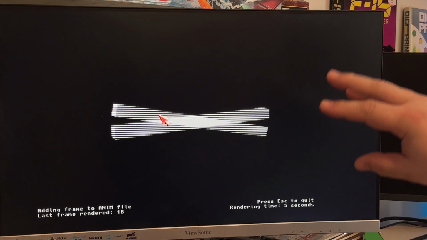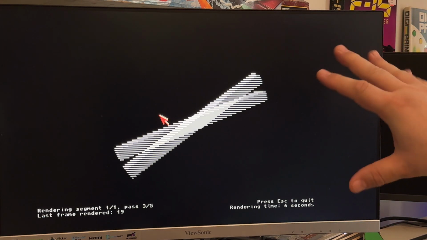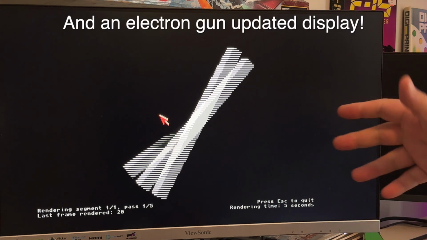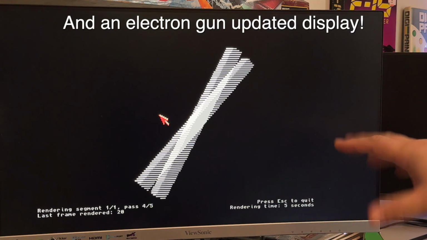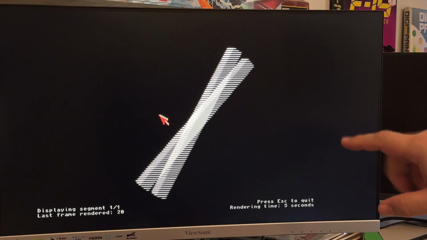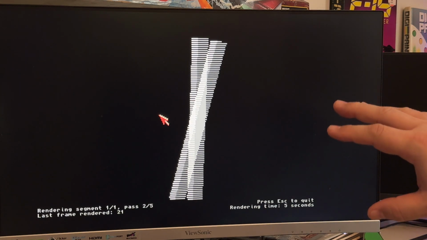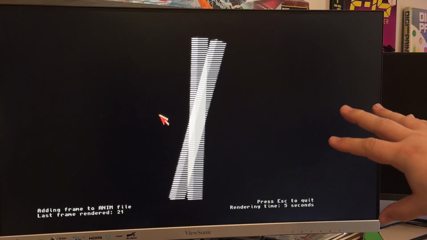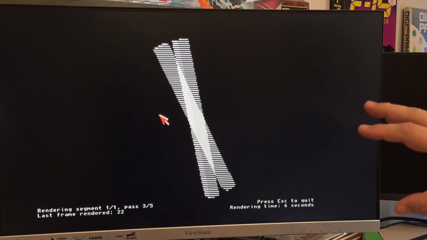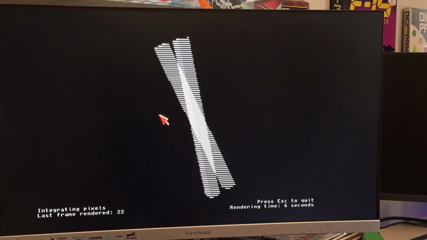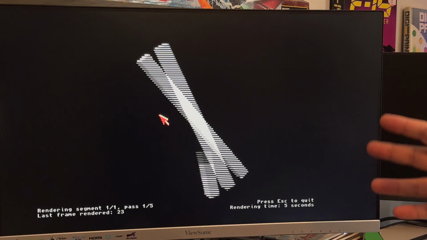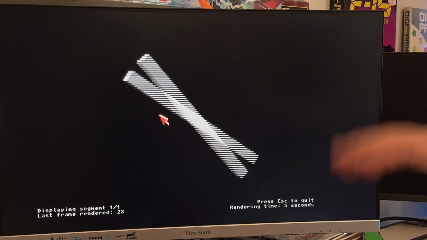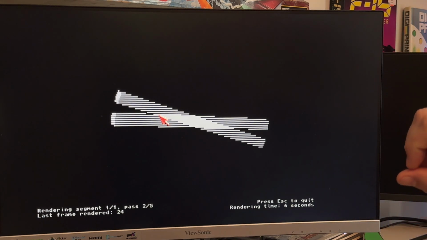You need the advantages of all the softness and blooming and chroma bleed that CRTs do. That's the only place that rendering fields really does make sense. I'm doing it on here to show you the differences now. The effect of these bands you're seeing is highly exaggerated on a modern display like this, but it still will show you what I'm trying to talk about in my non-professional, no idea what I'm talking about way, the differences between a field rendered animation with motion blur turned off versus a normal animation with